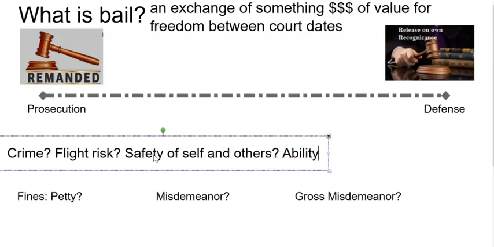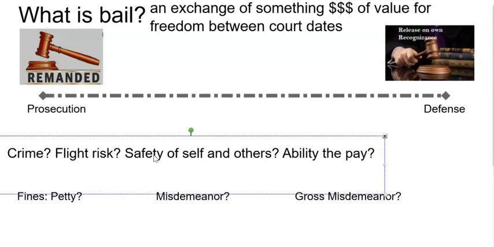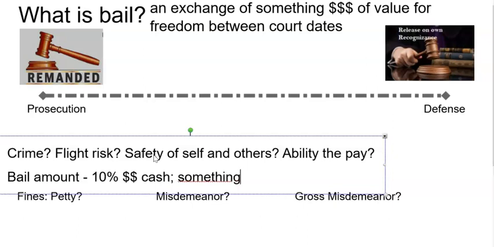And one of the other things they'll take into consideration is the ability to pay. Does this person have the ability to actually pay the bail? Now, in Minnesota, generally what they look at is that whatever the bail amount is, 10% of that amount, whatever is set, has to be in cash, and the rest is in something of value. So one that makes me think of from a few years ago is an individual who was, boy, but I cannot type.